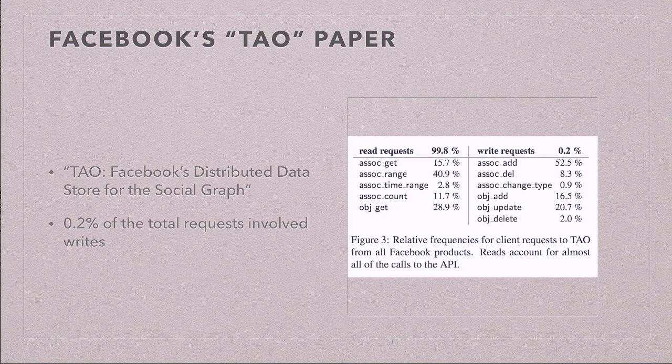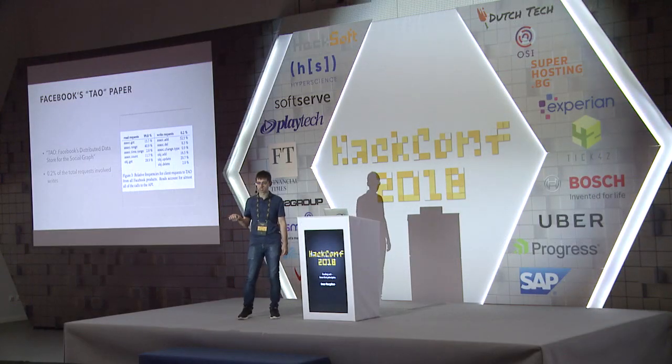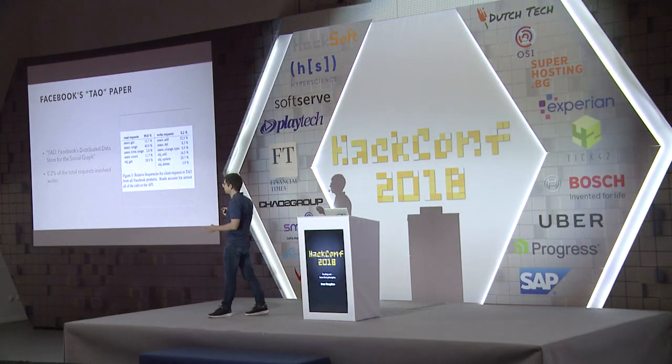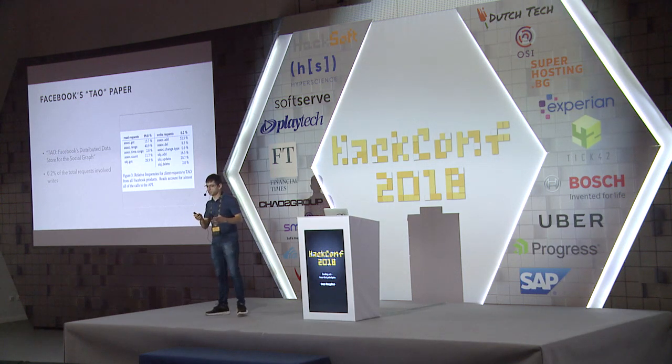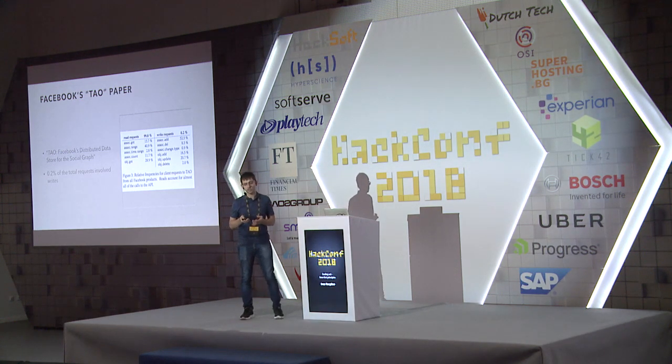Facebook published a paper about a distributed system called Tau that they use for storing their social graph. They built it. They don't just use it. But they reported some of the usage metrics, and the usage metrics that they reported say that only 0.2% of the total requests to the system are actually update requests. So they optimized very, very heavily with a lot of caches and a lot of things that are optimized for handling read requests,